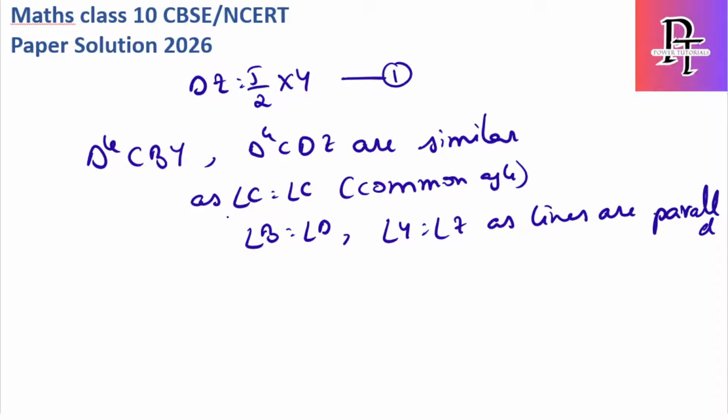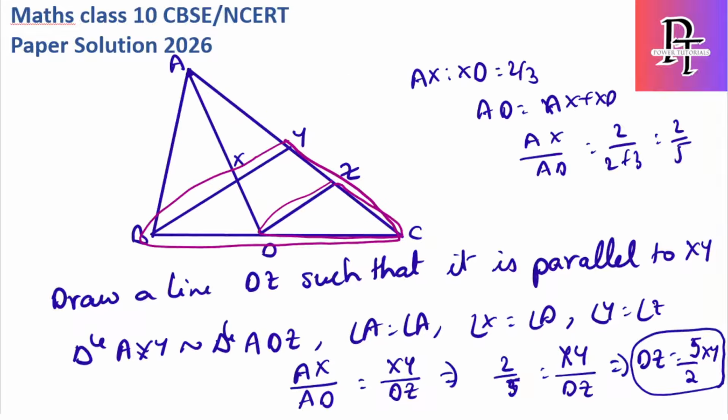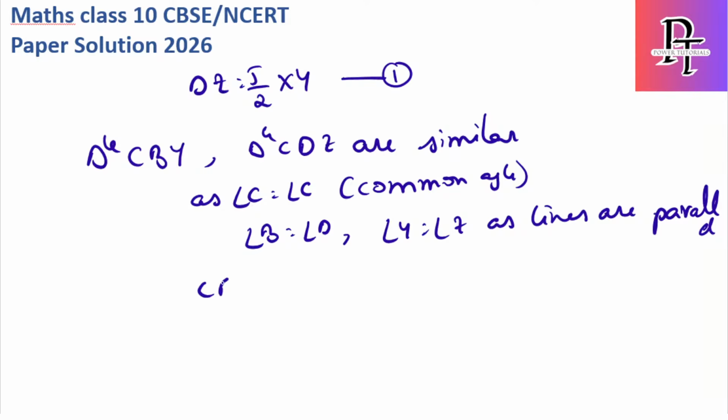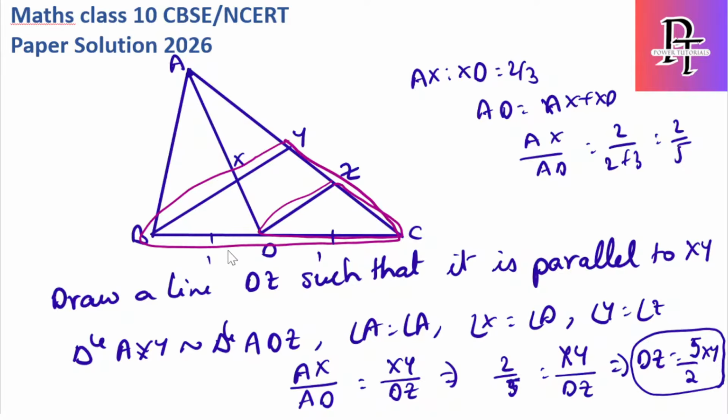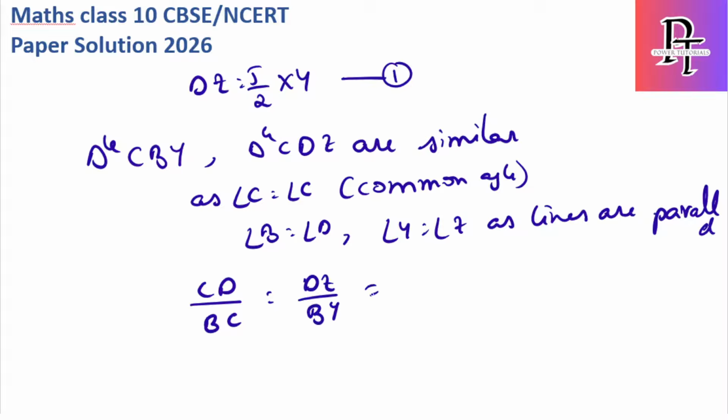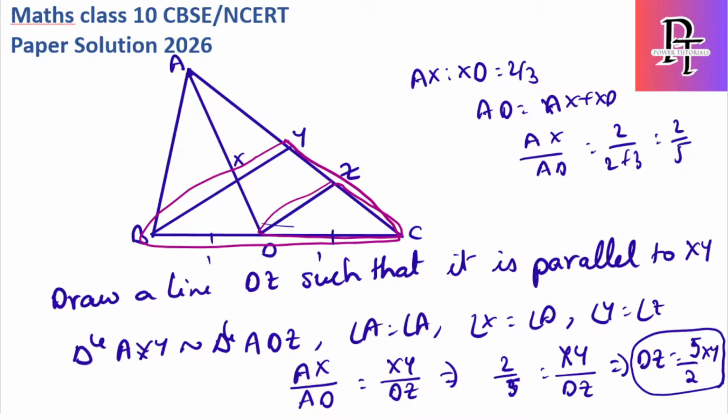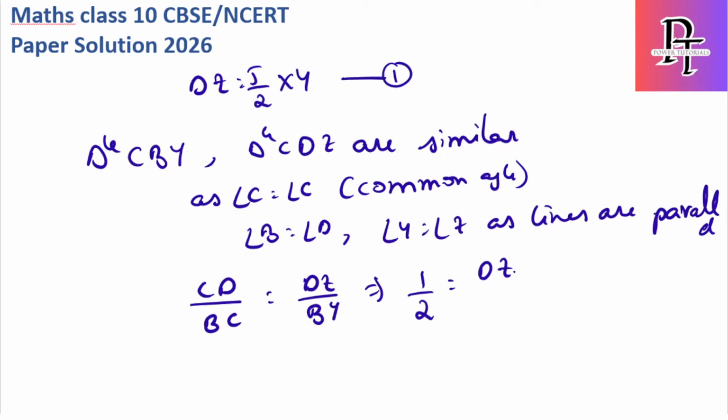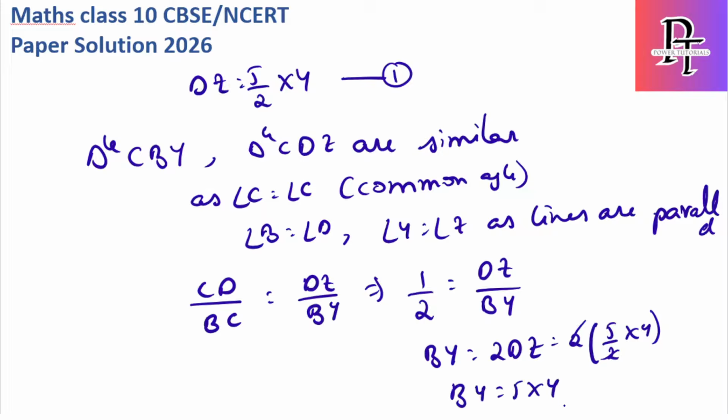ओके, अगर सिमिलर होंगे तो करस्पॉन्डिंग साइड्स रेशियोस इक्वल होंगे। तो यहाँ मैं सीधा लिख देता हूँ। ओके, यहाँ हमको क्वेश्चन में ये मीडियन करके दिया है, मतलब ये 1 होगा तो ये भी 1 होगा। ओके, तो CD by BC is equal to DZ by BY। CD by BC से हमको मिल गया 1/2 क्योंकि वह मिड पॉइंट है। So it is 1:2 is equal to DZ by BY। तो हमको BY मिल गया 2DZ। सो DZ क्या है 5/2 XY, सो यहाँ सब्स्टिट्यूट कर लेता हूँ 2 into 5/2 XY, तो 2 gets cancelled out, so I will get the BY value as 5XY।